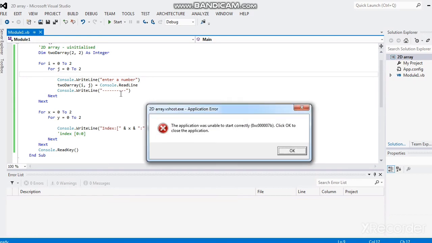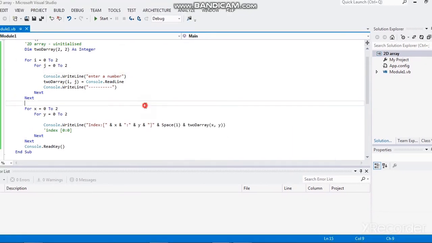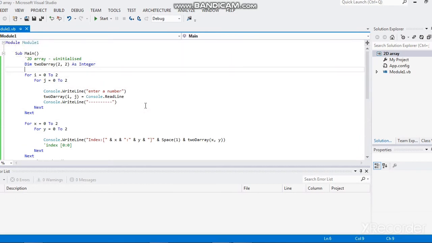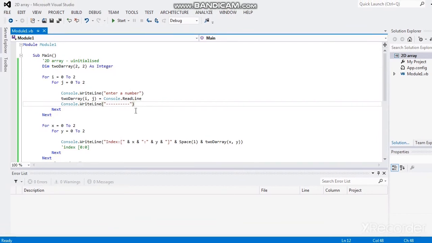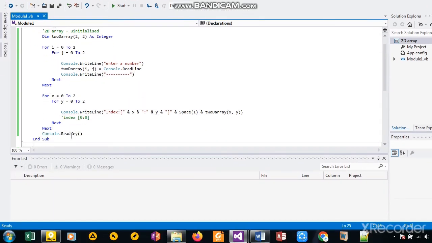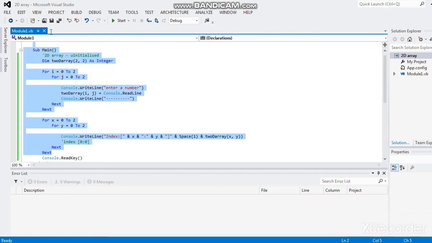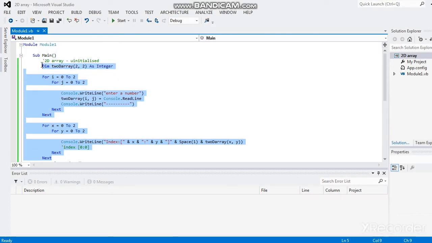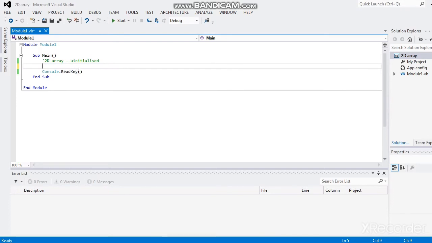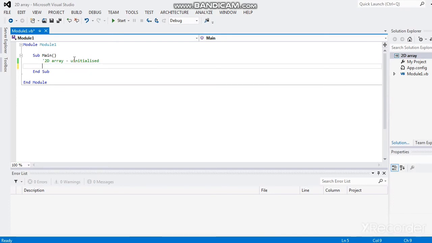initialized array where we don't just accept any values, but we're just going to initialize it. So I'm just going to remove all this code and start again like this. So I'm going to now, on my comment, I'll just write "initialized" like this. So in the initialized array, we declare it the same, that is dim